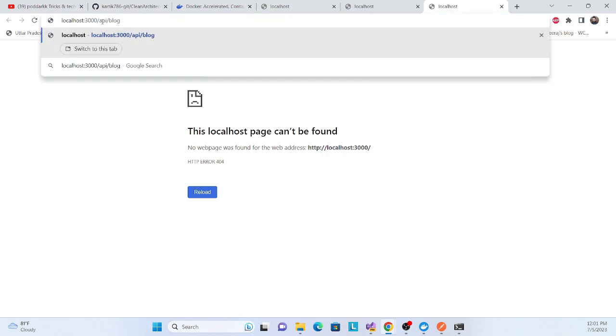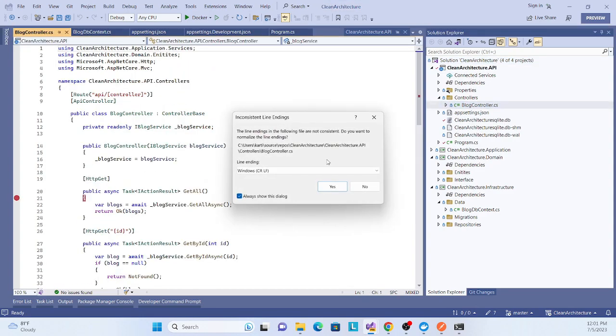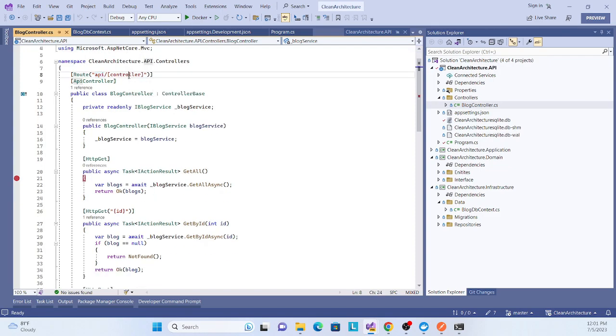If you are confused about why I'm writing this API block, let me open my project. See, my endpoint name is API and then the controller. Whatever I specify, the prefix is API and then the controller name is block, and the one getting the response is the GET call. So now, see, I'm getting the result but it is empty, because that's expected. Actually there is no data.